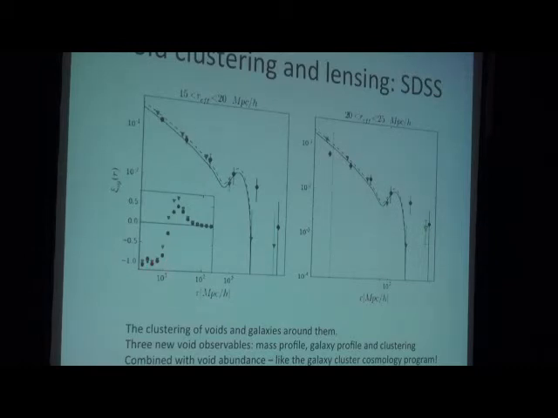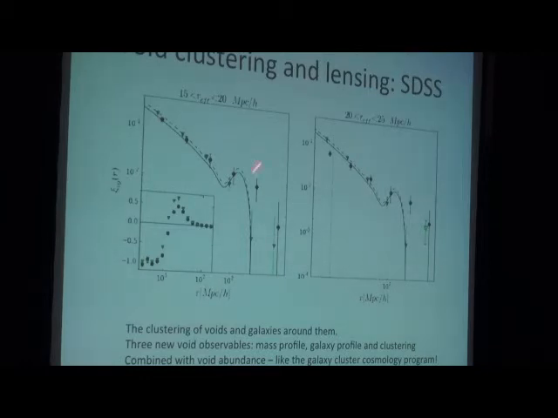So just since you heard about BAO and stuff, I can't resist showing one plot of void clustering, which has been, again, studied from mock catalogs, but from data, this is the first measurement that we put out a few months ago. So this is the void profile inside the void. So this is the galaxy distribution. The void gets,